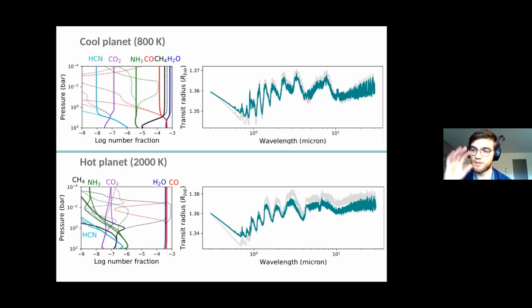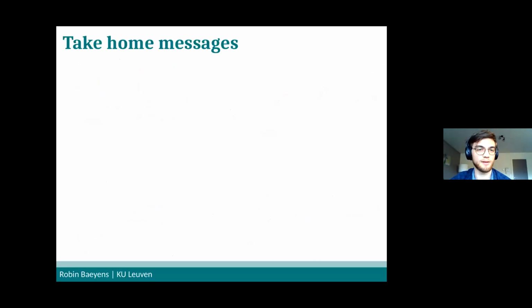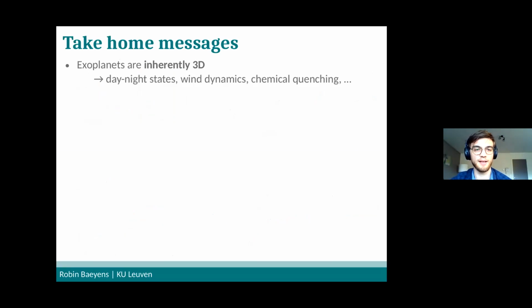All right, so these were just a few samples from the grid. And then I think we can go to some take-home messages of looking at these kinds of models. And that is that exoplanets are inherently three-dimensional. I hope I've managed to convince you of that. So the different day-night states, also the different states between the two limbs of the planet, the wind dynamics and chemical quenching can alter